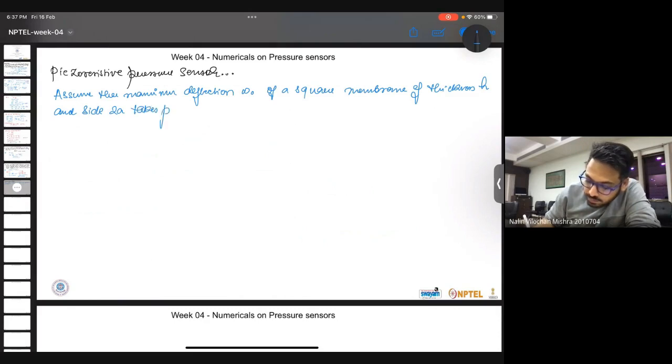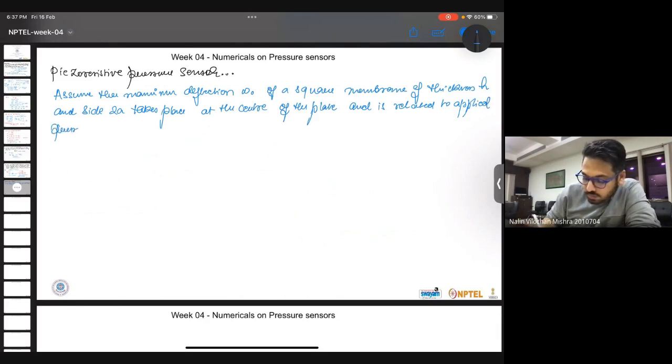takes place at the center of the plate and is related to applied pressure P. So basically, there is this square membrane